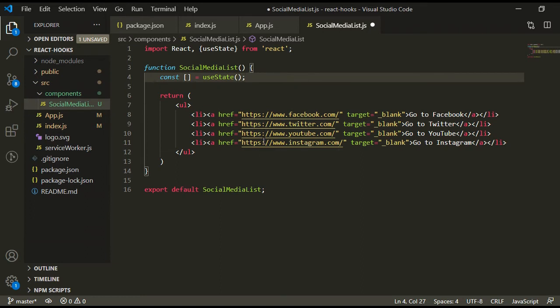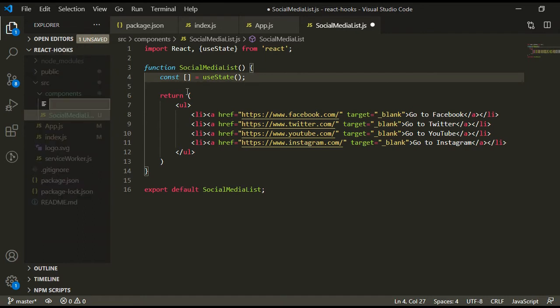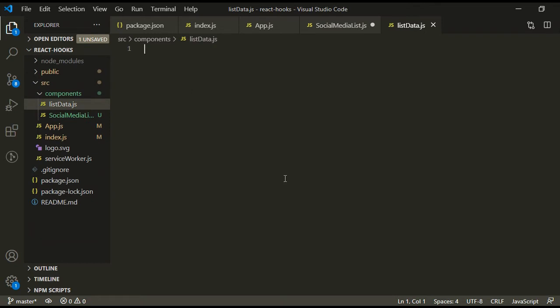Suppose we are getting this list from outside of this component. For that I am going to create a new file, listData.js. Friends, here I have some dummy data in JSON format.